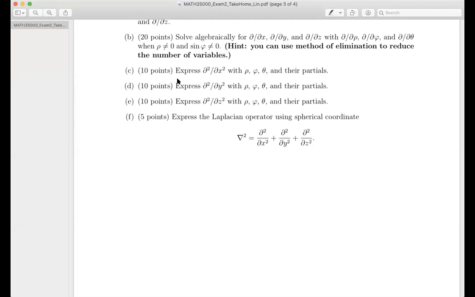For example, the Schrodinger equation reads the Laplacian of, in this case, we use the wave function, equals to